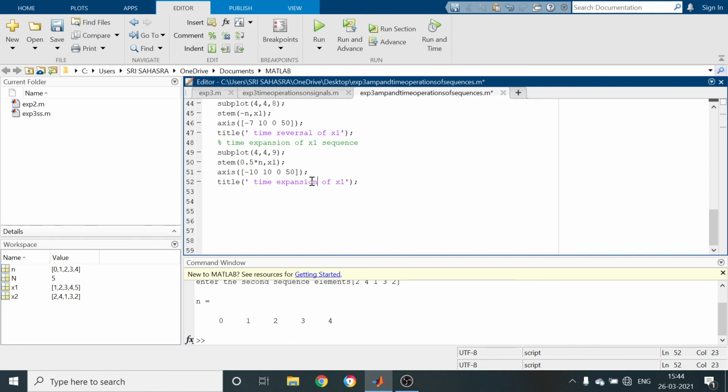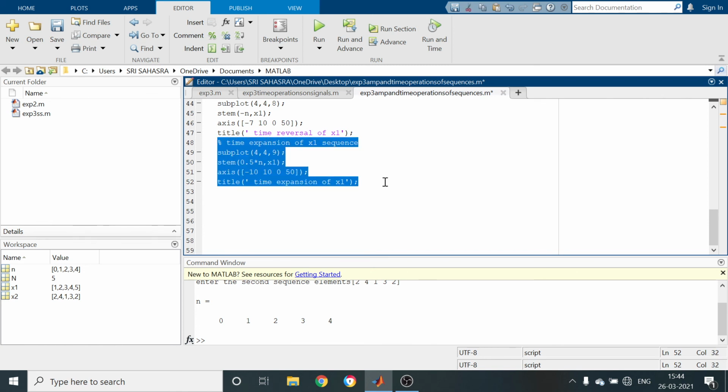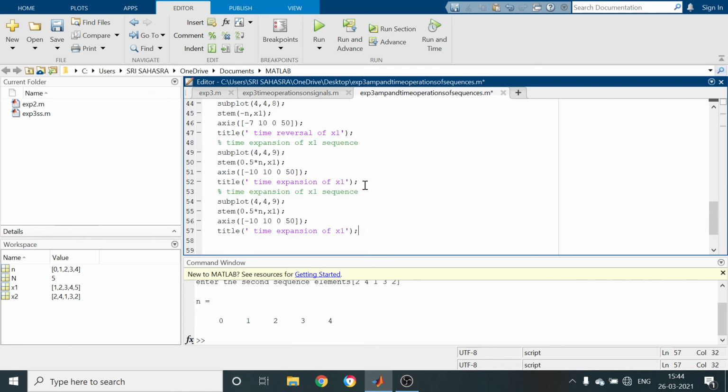Expansion of x1. So finally we are having time compression. Compression of x1, 4, 4, 10, to star.